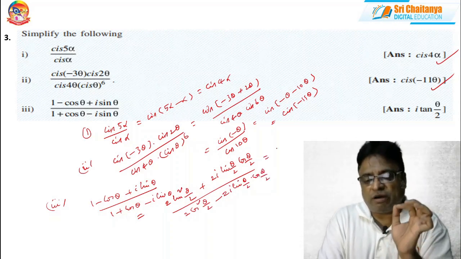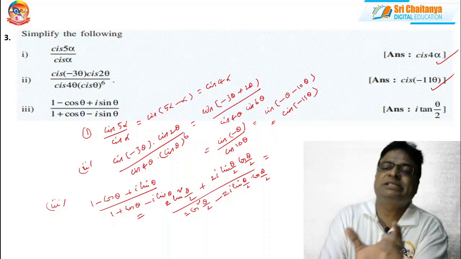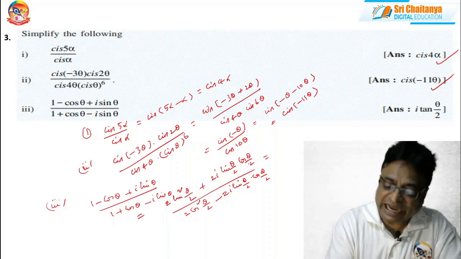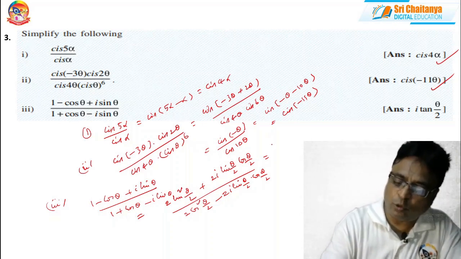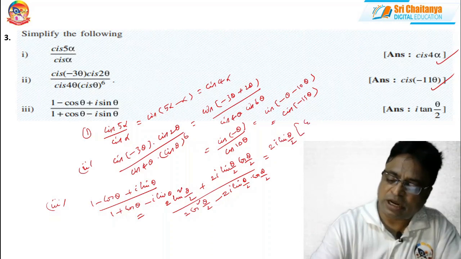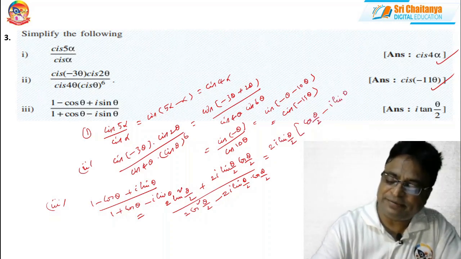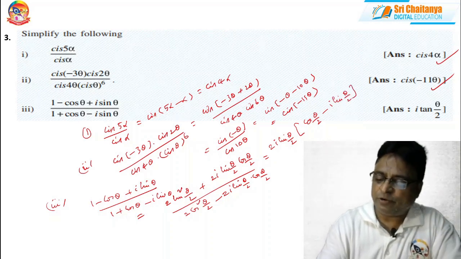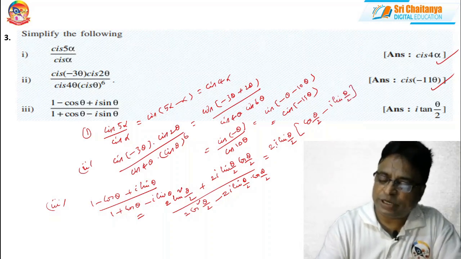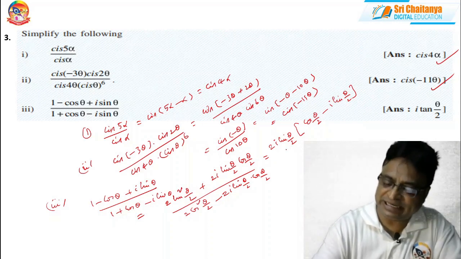So always the polar form is cos theta plus i sin theta. Conveniently, I am taking 2i sin theta by 2 common from the numerator. Therefore I can get in the numerator cos theta by 2 plus minus i sin theta by 2. If you have any doubt, you please multiply. This is 2i sin theta by 2 minus i sin theta by 2 minus 2i square sin theta by 2, that is, i square is minus 1, so plus 2 sin square theta by 2, like that.